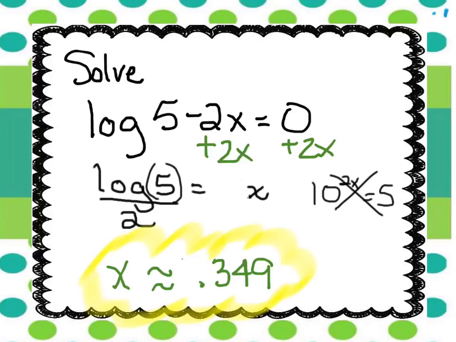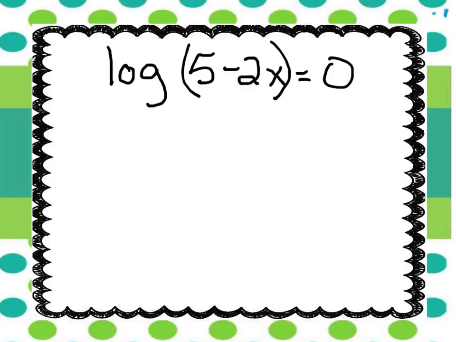So solving this using your calculator, make sure you use parentheses around that 5 if you're going to do this all in one step, because you will not get the right answer if you don't. If you don't use parentheses, you'll get the log of 2.5 instead of the log of 5, all divided by 2. Okay? Now in this case we have parentheses, and so we can't move that 2x because it's a part